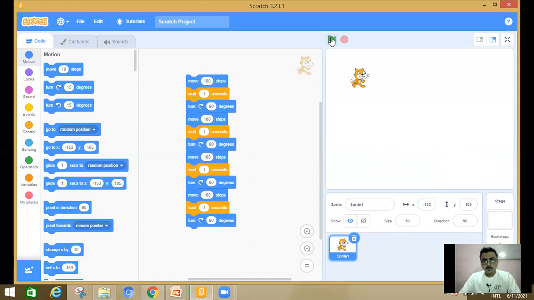So I am going to click this green flag. Here you can see that my cat is moving in a square direction.